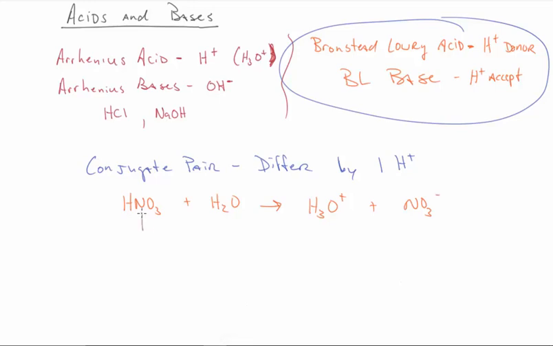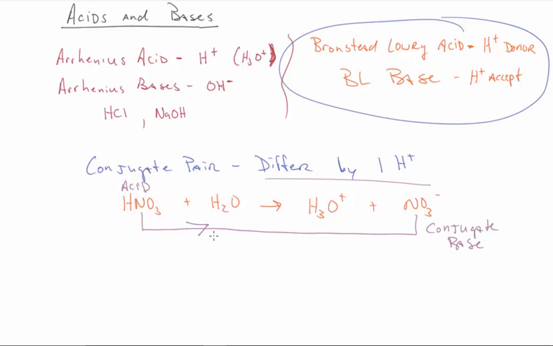First, I'm going to look at my nitrate. So I'm looking at NO3-, and notice I've got HNO3 over here and then NO3- on the product side. So notice it meets the definition of differing by only one hydrogen. Now, we know that this is the acid because it donated a hydrogen, right? And by definition, the NO3- would be my conjugate, and it would actually be a base because going in this direction,